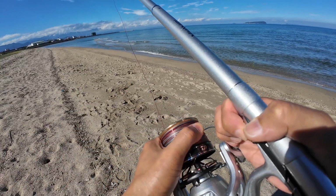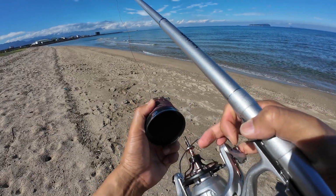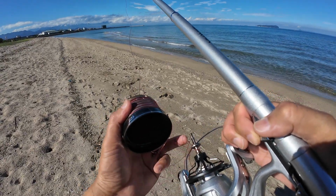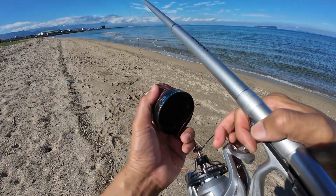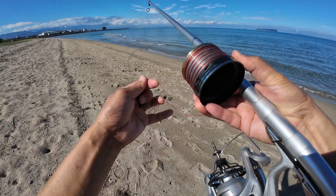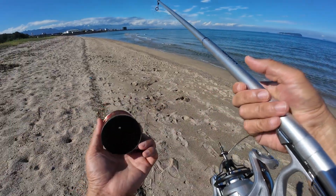And when I take this reel off, it's just the line coming off the reel, and you can see it's all wound up there. So if you pull and pull and pull, you might end up breaking the line. You might make it even worse. So you take off the spool, slowly take out the line that was connected to the reel part there. Make sure that the line is headed out, and you hold